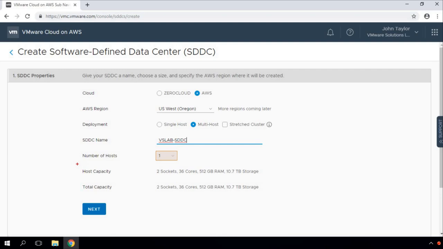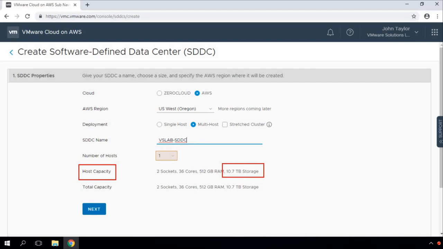Before that, as we select the number of hosts, I also wanted to put your attention on host capacity. Every single host which is going to be part of our SDDC deployment, or part of our ESX cluster, will have two sockets. That's the compute capacity: two sockets and 36 cores, 512 GB RAM and 10.7 TB of storage.